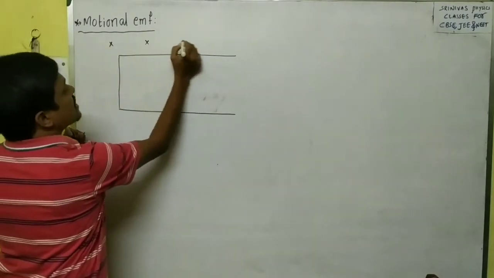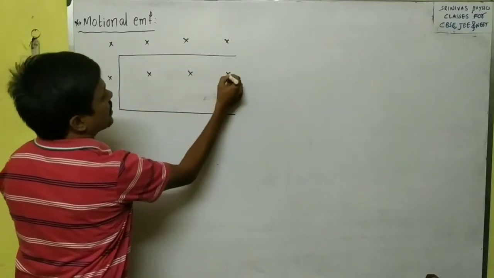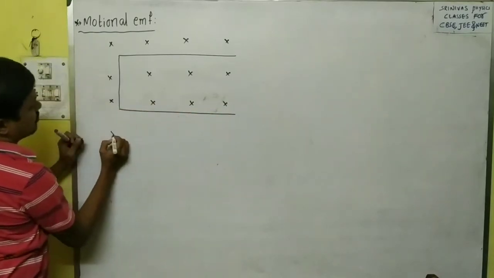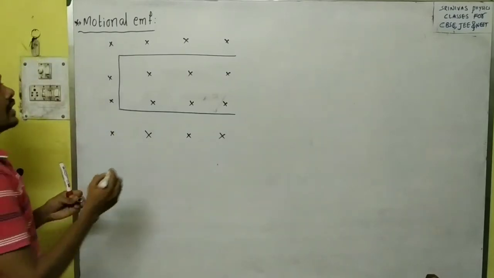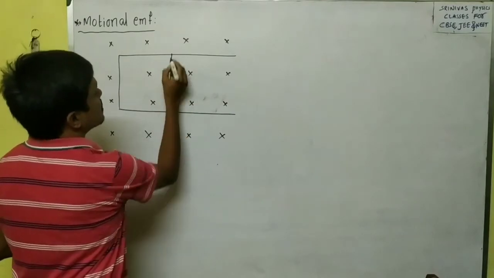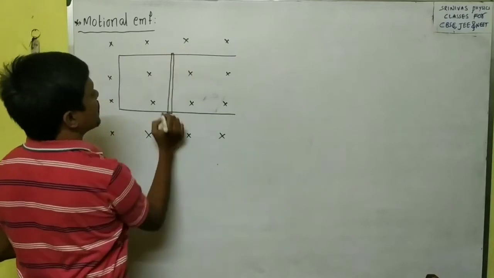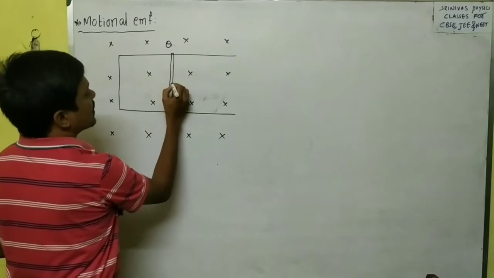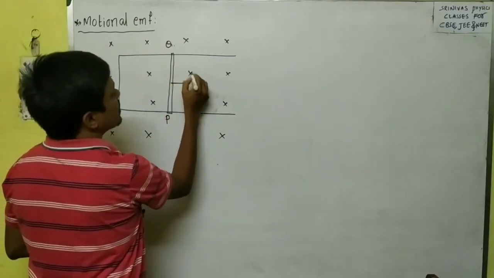It is placed in a uniform magnetic field. The magnetic field is inward. It is uniform. Now take another current carrying conductor. This is some wire, a PQ conductor. This is P and this is Q. This conductor is moved on the rectangular frame with velocity v in the magnetic field